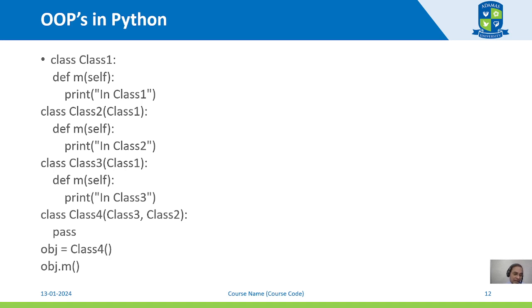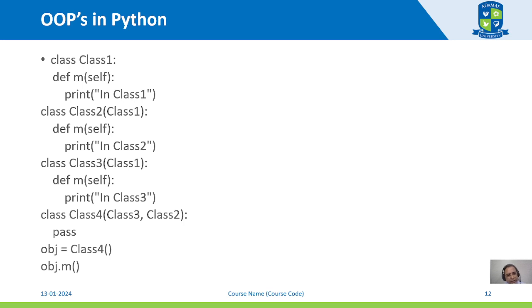That means class 3 again is created from class 1. So we can see from this example that class 1 has two siblings, that is class 2 and class 3. So class 1 is the parent class and class 2 and 3 are the child classes,